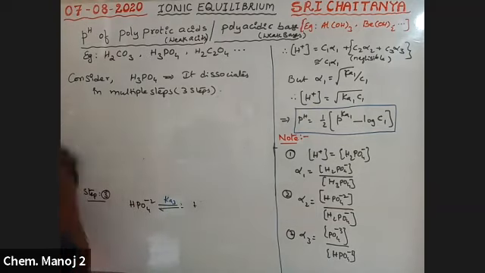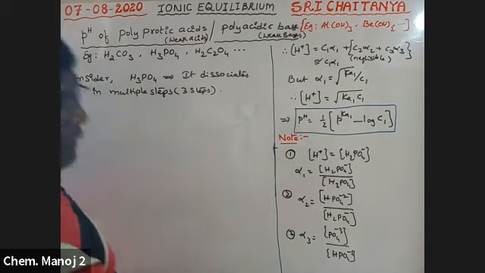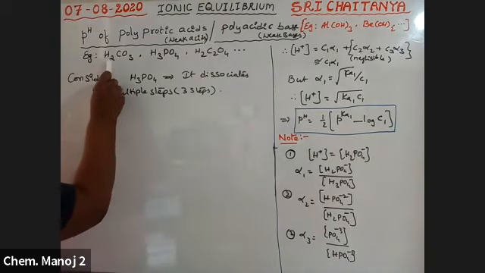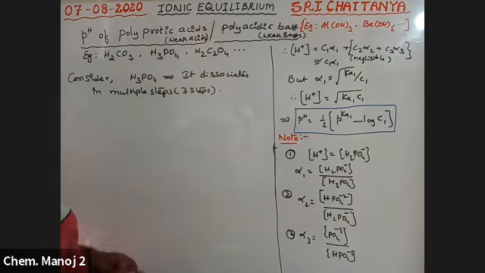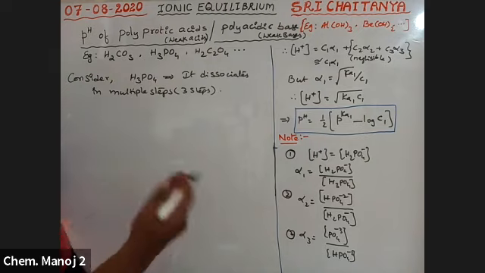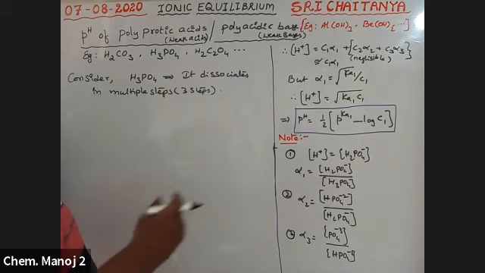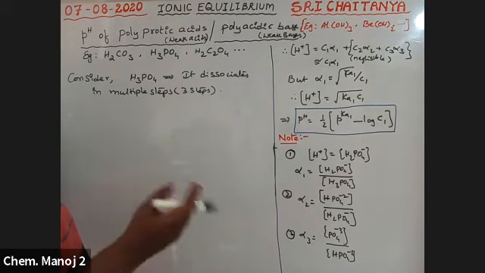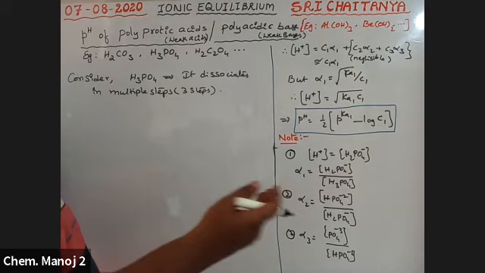Let us take an example. There are different types of acids, like H2CO3, H3PO4, H2C2O4. All these are acids that donate more than one H+. Such acids are weak acids. During dissociation, they break down into H+ ions and anions, and that dissociation takes place in a number of different steps.